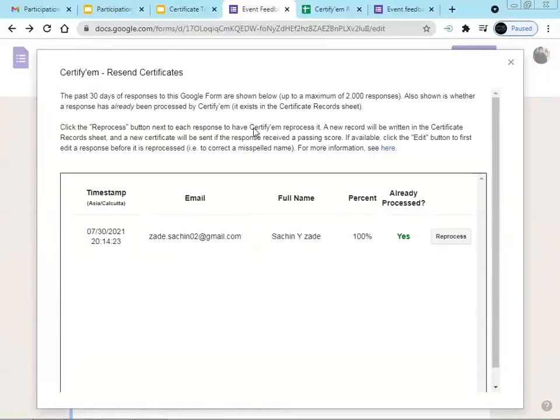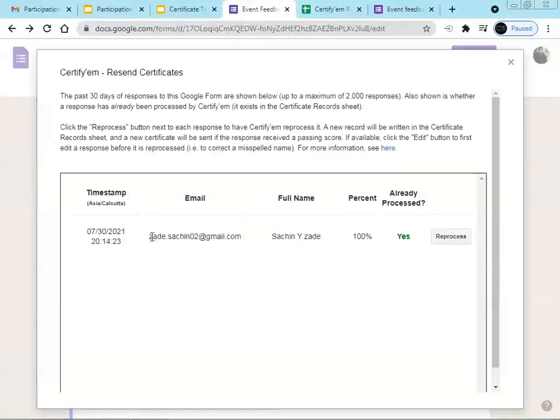But Google Certify'em will store the record for only 30 days. Here we have a participant who already received the certificate, and the participant lost it. In this case we can resend it by clicking on this reprocess option.